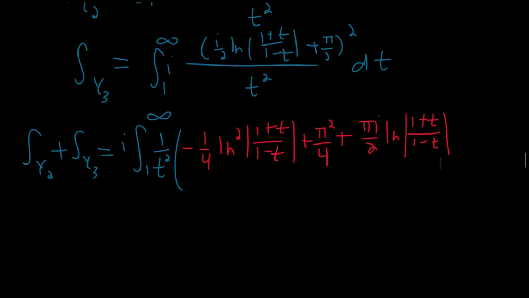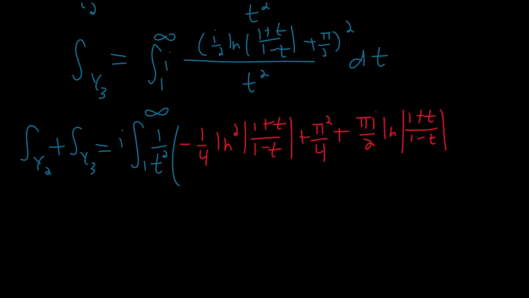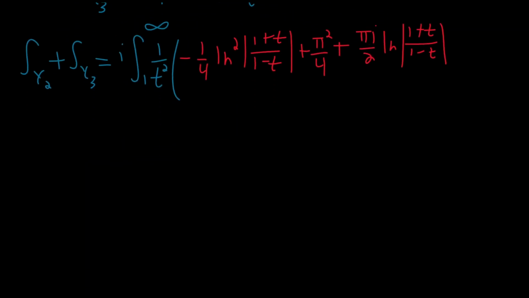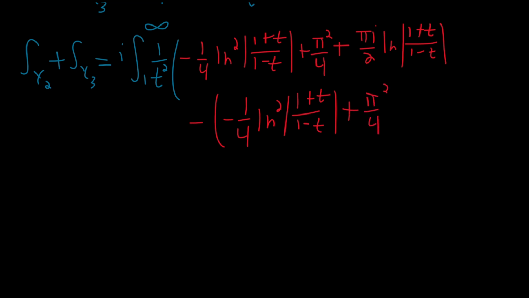And then we're going to have the same thing, but with a minus sign for the pi over 2. So squaring that, we find, obviously I have a minus sign and then all this. This first term is not going to change, if I can write it right: natural log squared of (1 plus t over 1 minus t). And then we're going to have still a plus pi squared over 4, and that is just because negatives cancel. But instead we're going to have a minus, not 2 pi i, a pi i